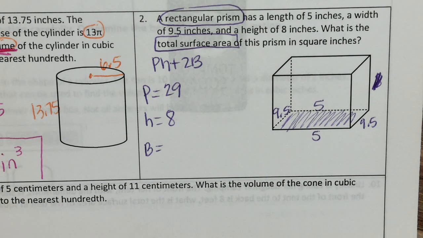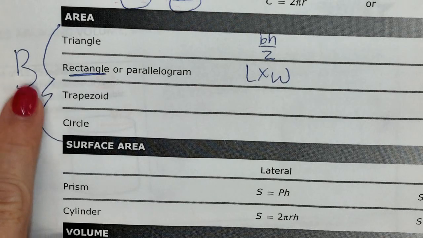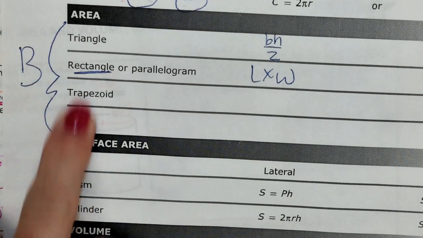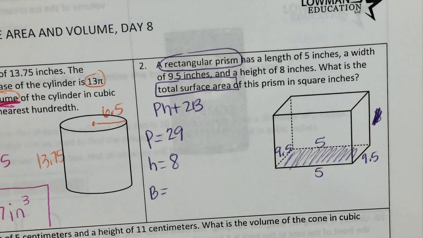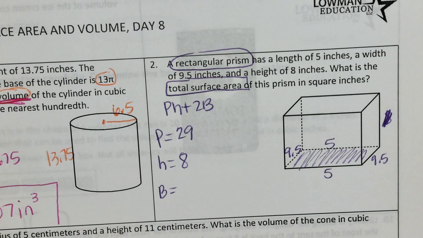What does big B mean? At any time you have a big B in your formula, where do you have to go? To the section we put big B. What kind of base is this, a triangle or rectangle? So we're going to do length times width. 5 times 9.5 is